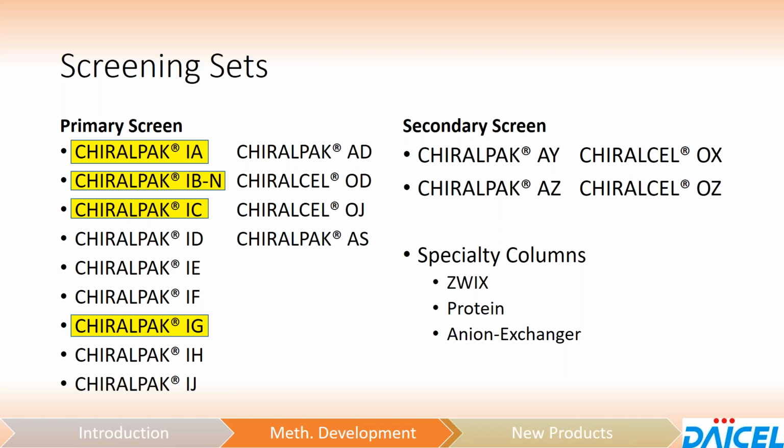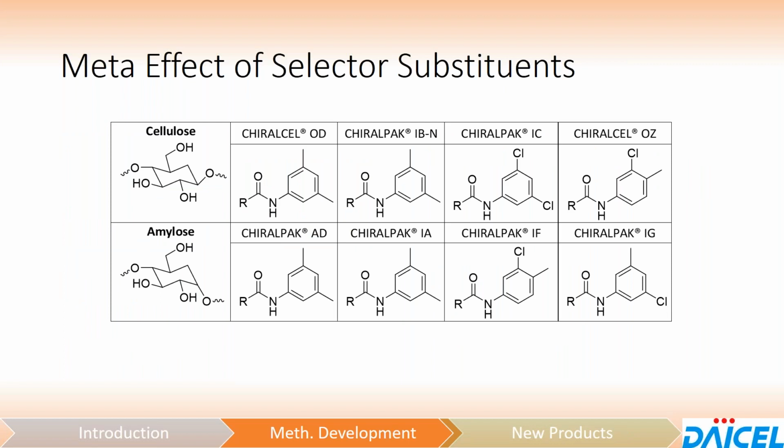Interestingly enough, they're all kind of connected in that the functionalization on the phenyl group, the phenyl carbamate, at least has one functional group in the meta position. So IA, IBN are again both 3,5-dimethyl phenylcarbamate. Methyl groups are both in meta position. IC, both chloro groups in the meta position. IG is 3-chloro-5-methyl, again, both in the meta position. So very interesting kind of meta effect, but that's generally why we recommend those columns as a minimum set of